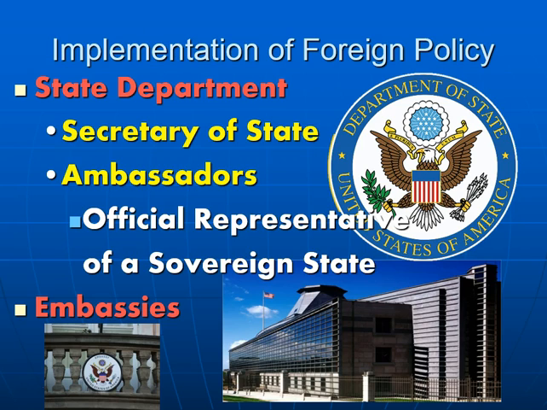Finally, in any foreign country where we have diplomatic relations, where we send an ambassador, we also have an embassy. So in the photo you see the Embassy of the United States, which is in the middle of Ottawa in Canada. And technically speaking, when you are on embassy property in a foreign country, you're back on American soil. So all American laws apply within the embassy. Foreign countries can't come within the embassy. What happens in those walls is only governed by the United States. Same thing for foreign embassies in the United States. For example, if you went to the Embassy of Cameroon in Washington, D.C., you would be required to follow the laws of Cameroon because technically you are on their land and in their territory.